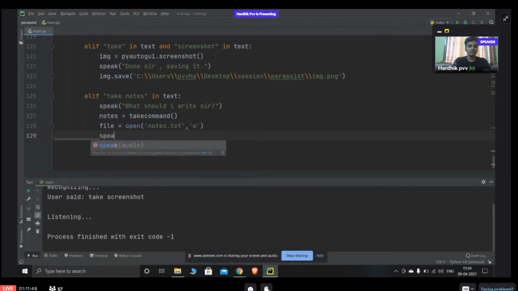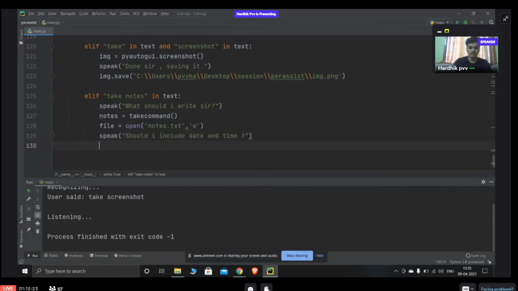After taking all my inputs, whatever I told, sometimes I want it to write the time and date also, because sometimes I may need it, or sometimes I won't need it. So I wanted it to ask me, "Should I include date and time?" Then I make a variable called answer, and I save it as take command. So in my answer, if yes is there, or sure is there,